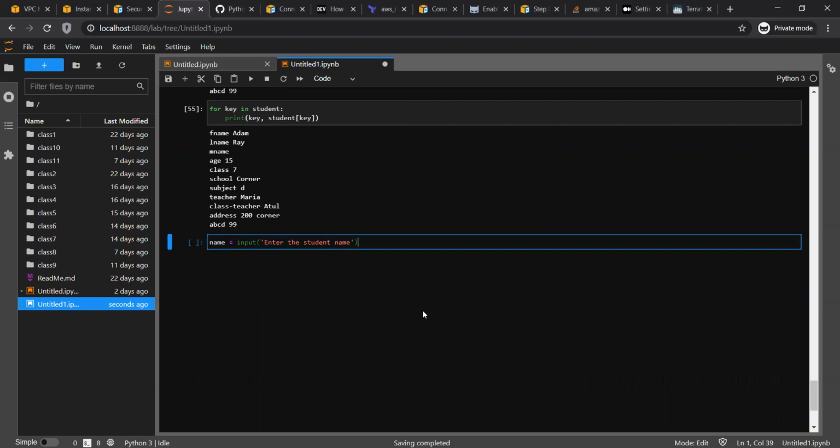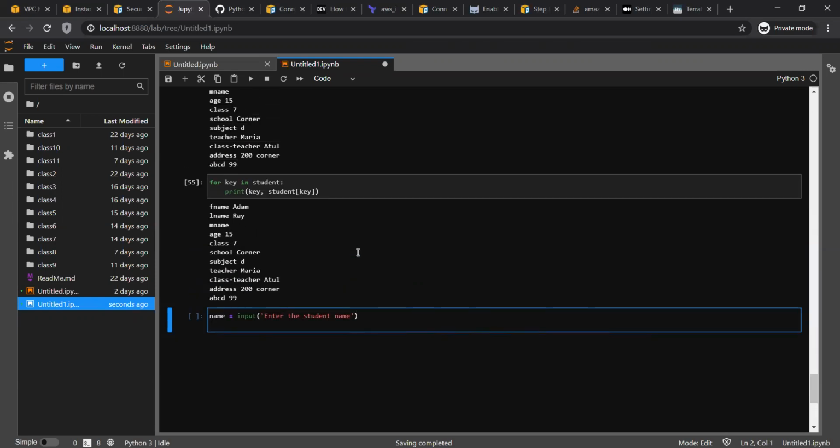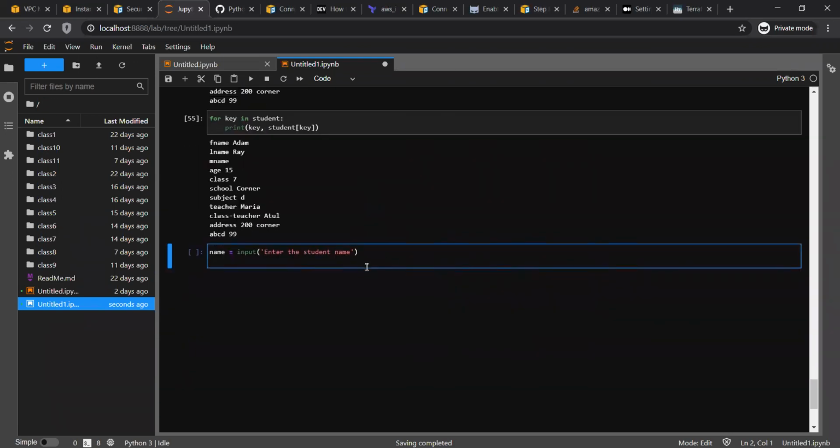Okay, I'm asking the user to enter a student name. Then I'm printing here. No, let me print this way, for a student name.